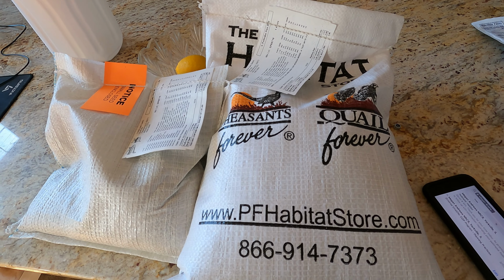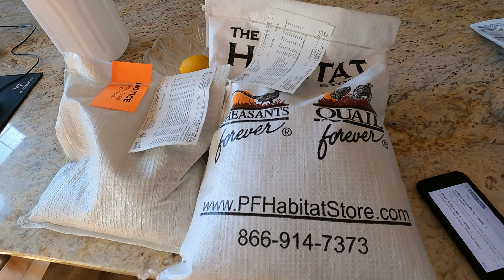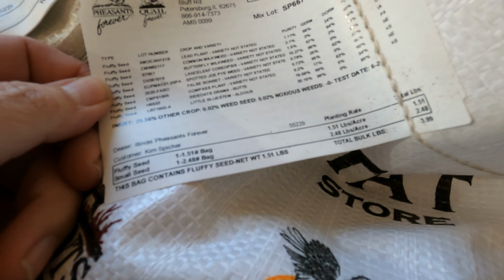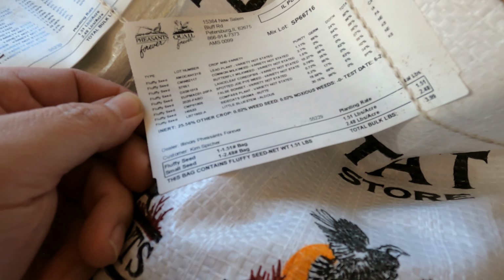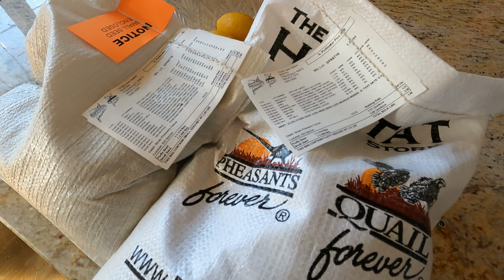If you haven't heard of a pollinator habitat, it is a whole bunch of different flowers and stuff meant to attract bees and stuff. I don't know how well you'll be able to read that, if at all, but there's a bunch of different varieties of seed. A few examples: common milkweed, butterfly milkweed, lance leaf coreopsis, spotted Joe Pye weed, side oats grama, butte. Anyways, a bunch of different flowers that flower at different times of the summer and attract